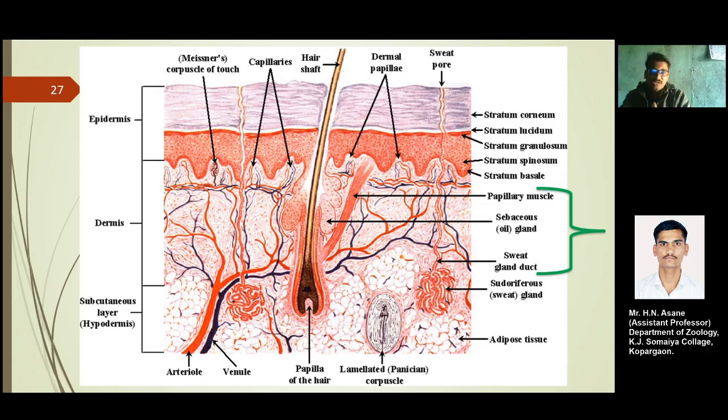And the second will be the sebaceous glands or the oil glands in the dermis region itself. As you can see, the sweat gland ducts, not the entire sweat gland, but the ducts, that are the sweat pores, open onto the upper side of the skin, where the sweat comes out. The sweat gland ducts are also seen in the dermis region as well as the epidermis region.